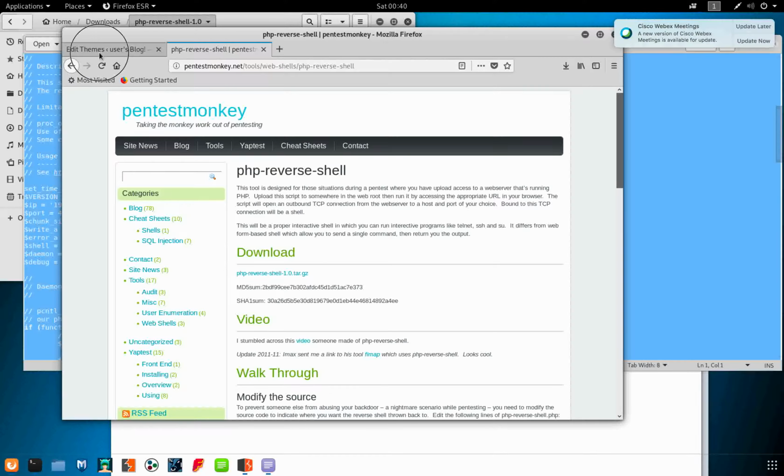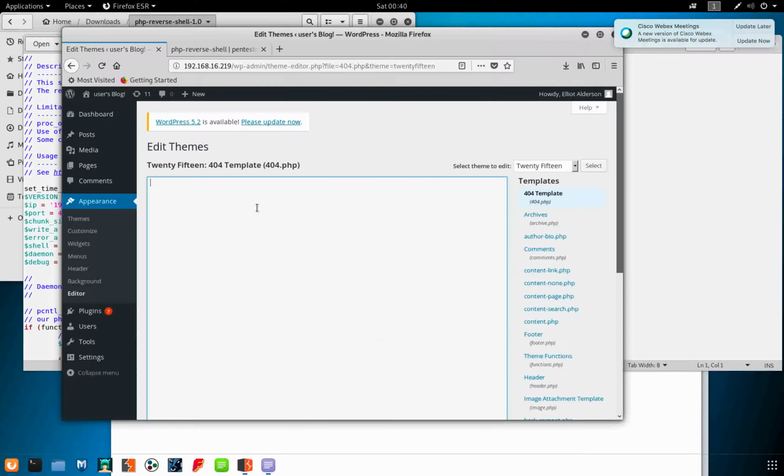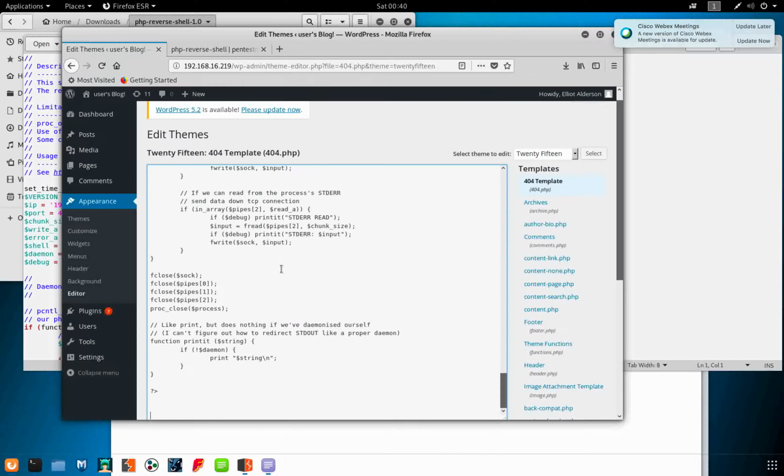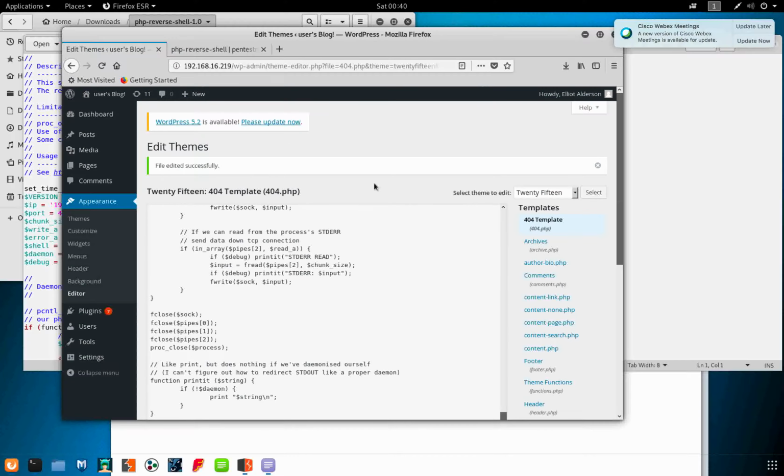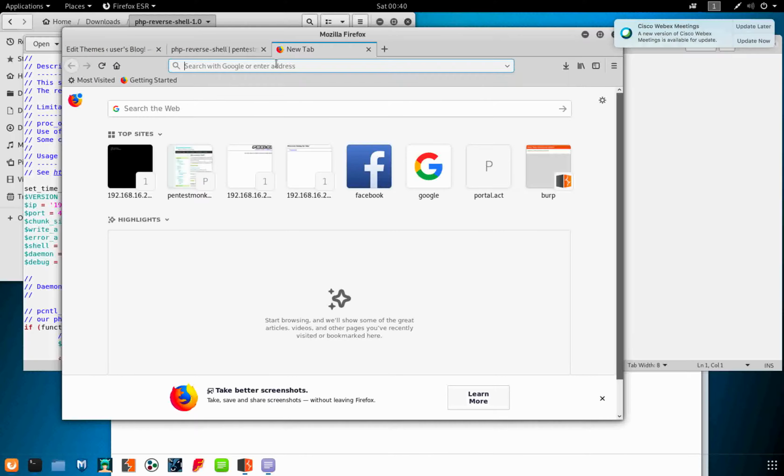Where do we paste this? Over here, right? So let's delete this and paste it here. So there you go, and let's update this file. Perfect. Now what do we do next? We go to